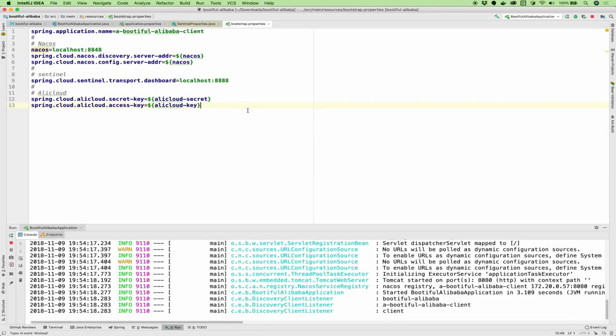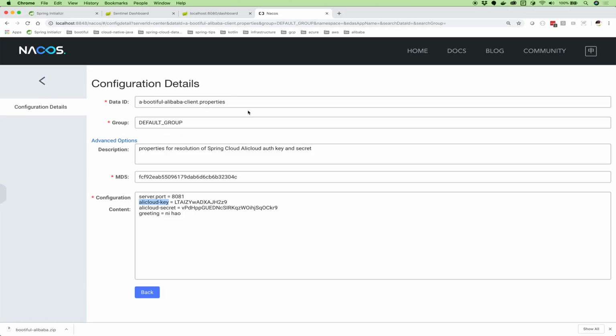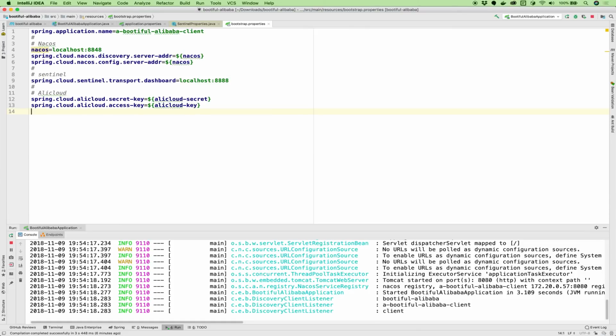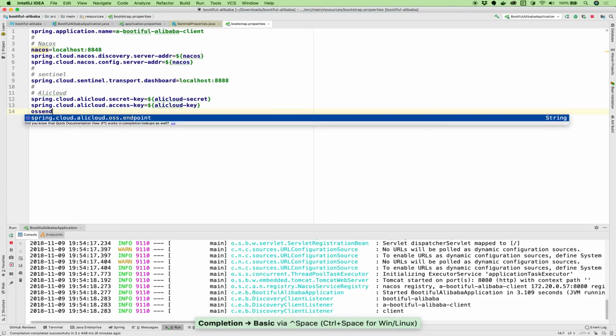And of course, in order to talk to AliCloud, I will need to give it a region. And that region will be where we find our, which version of AliCloud are we using? So we're going to go back to here, and I'm going to say OSS endpoint.